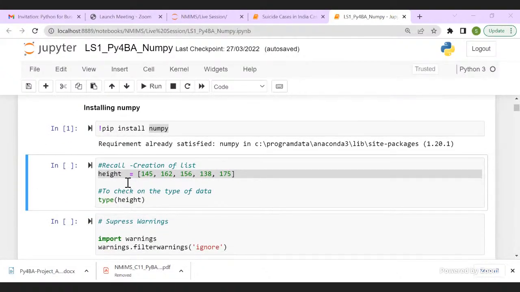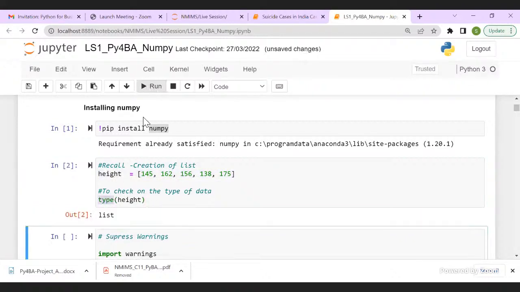Okay, so recall, this is our list. I created a Python list of heights, where we have data points separated by commas in square brackets. Now there is a function called type to check the type of a variable.